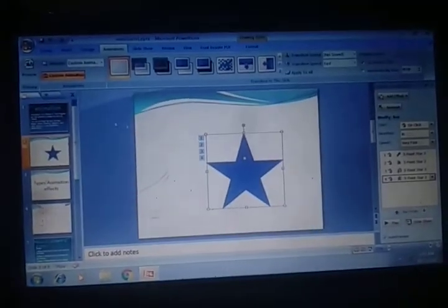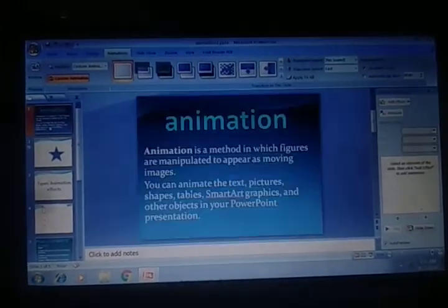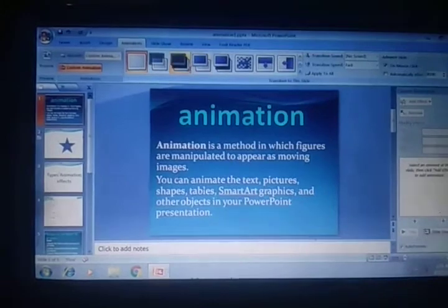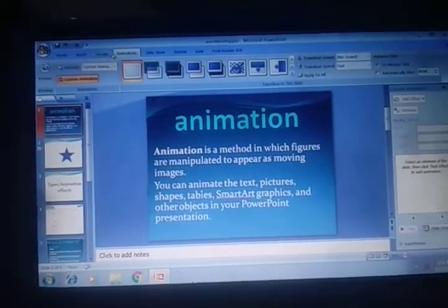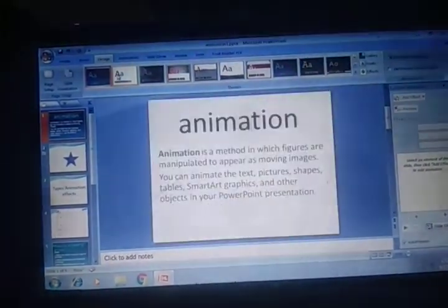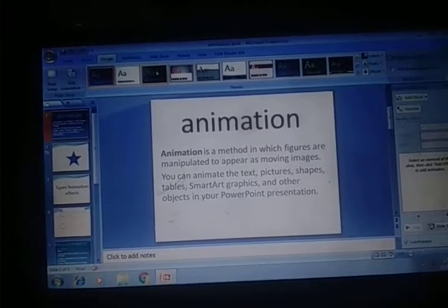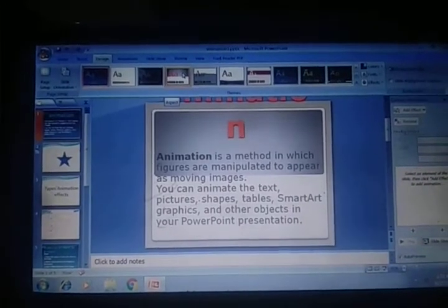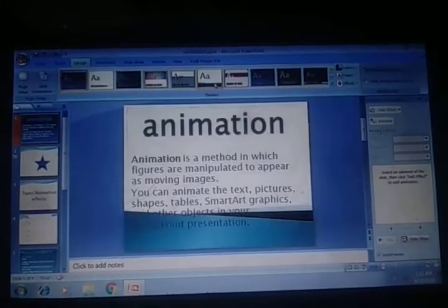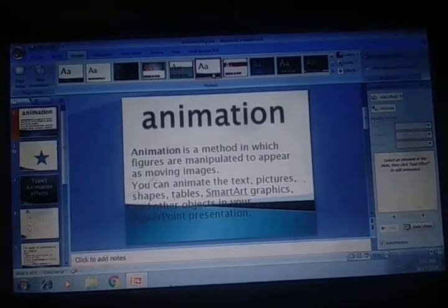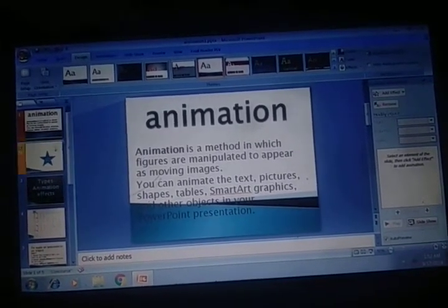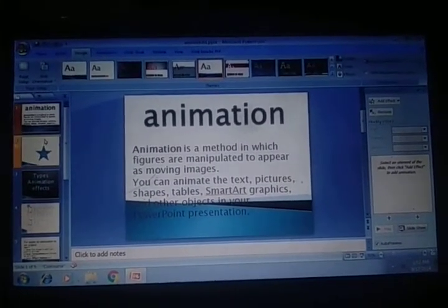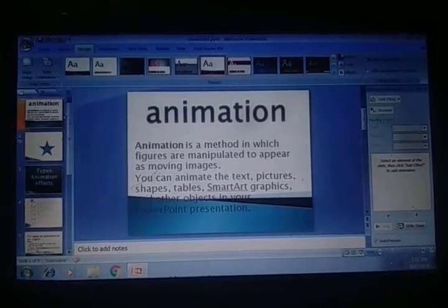Okay. You can give any required design theme, like go to the design tab, this one, or this one. If you want to give a different design theme on a slide, then select the slide.